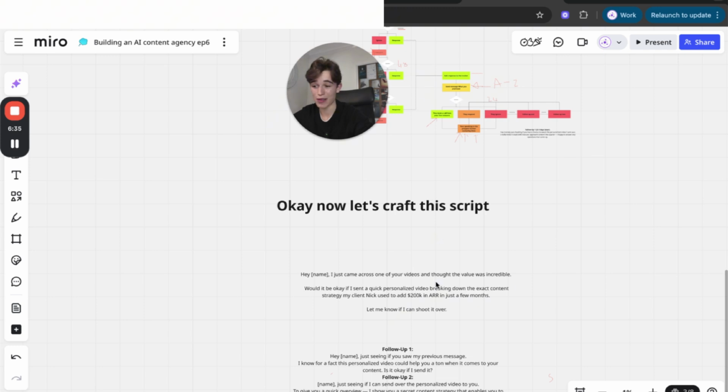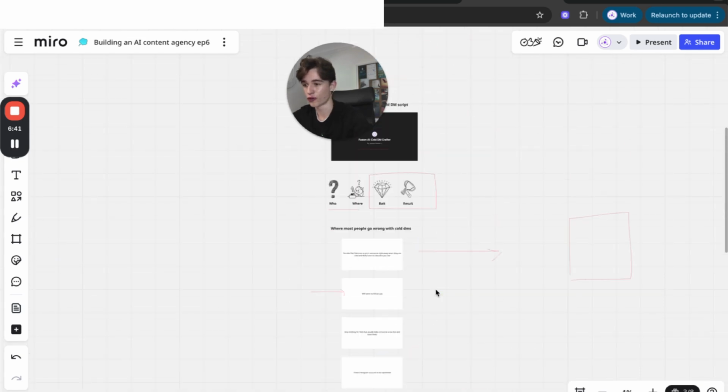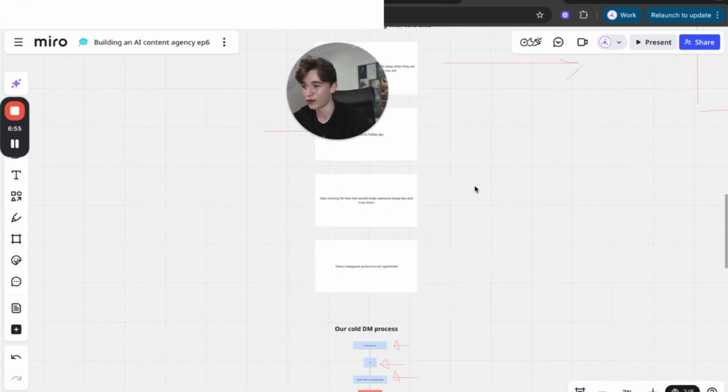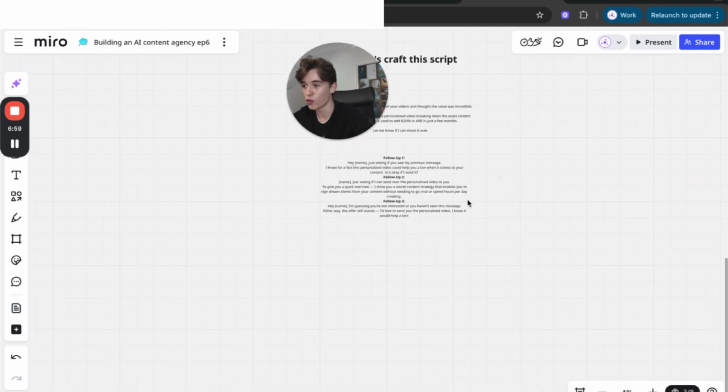As you can see, what we've been able to build is extremely, extremely sophisticated. It literally takes us through every single stage. We give them the bait, and we also show them the results. We show how we're going to build that AR content system, which is going to enable them to get dream clients on autopilot. They literally have to do nothing, as we're handling every single thing for them. So as you can see, it is extremely, extremely powerful what we are offering.